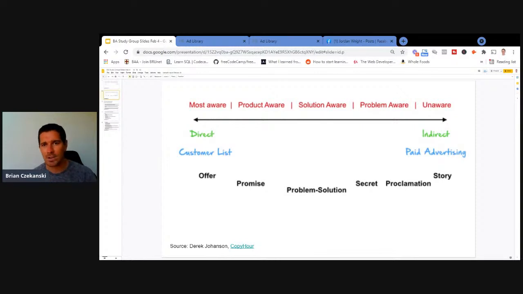The additional wrinkle that I throw in here, and I didn't include it on this chart because it makes it a little more complicated, is the sophistication of your audience. Have they been going through that same problem again and again? Think about areas like personal development or weight loss, where you have a large group of consumers that have struggled through the same problem.